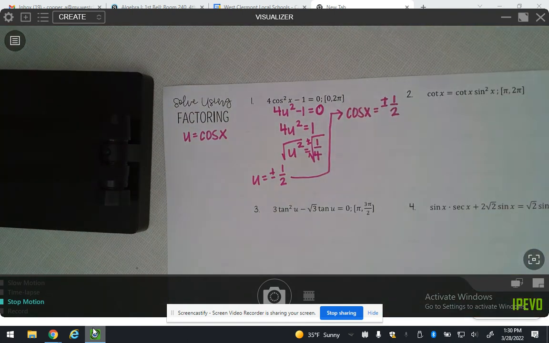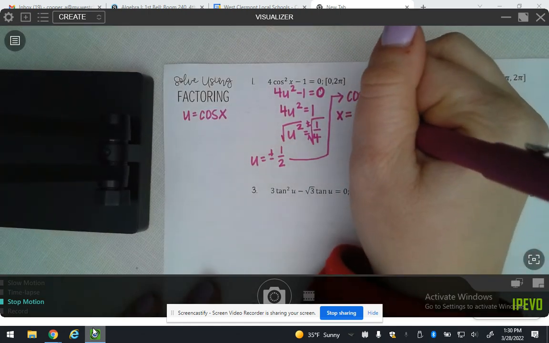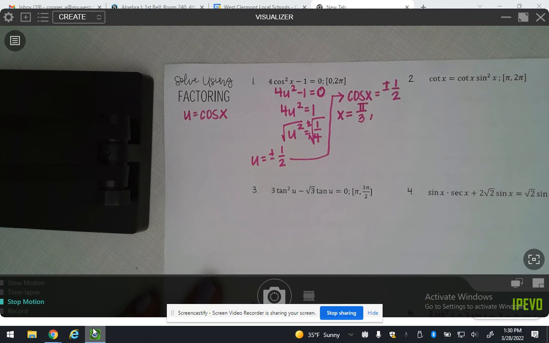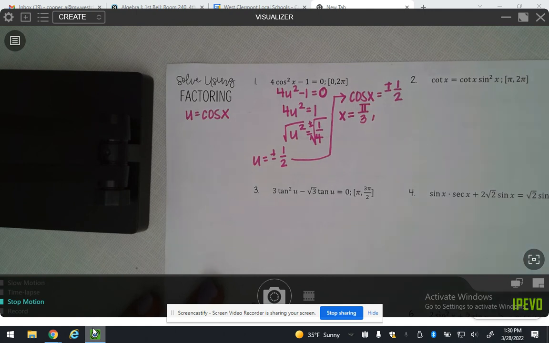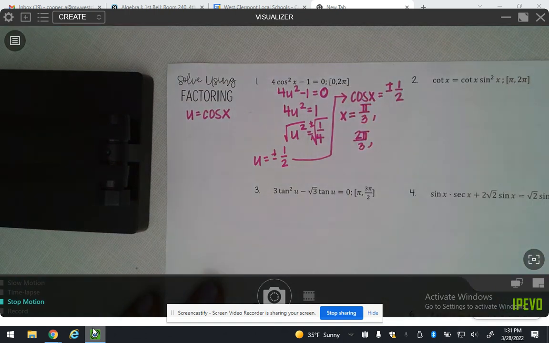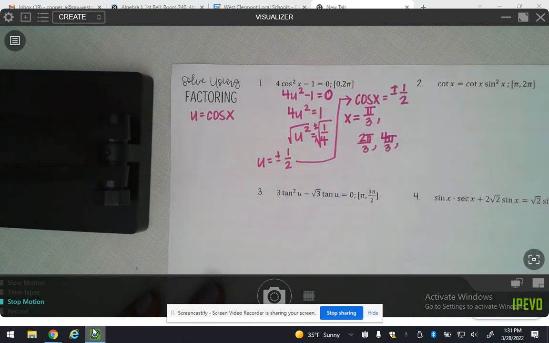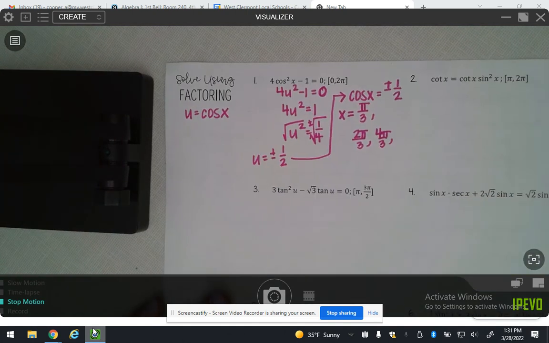Open or closed interval? Closed over the entire unit circle, right? So you're going to have x equals. Where does cosine equal 1/2? Pi over 3. Okay, there's your first quadrant. Second quadrant, 2 pi over 3. Third quadrant, 4 pi over 3. Nope, 4. And the last, fourth quadrant is